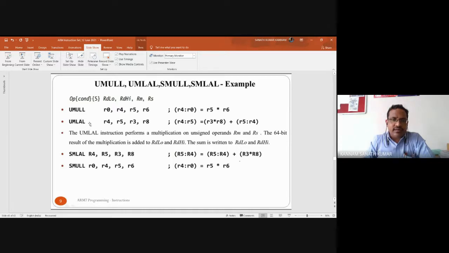UMLAL is nothing but it will multiply R3 with R8 plus R5 and R4. That will be added. Whatever the result is there, that will be stored in R4 and R5. So lower 32-bit value will be stored in R5 and higher 32-bit value will be stored in R4. Okay, and next